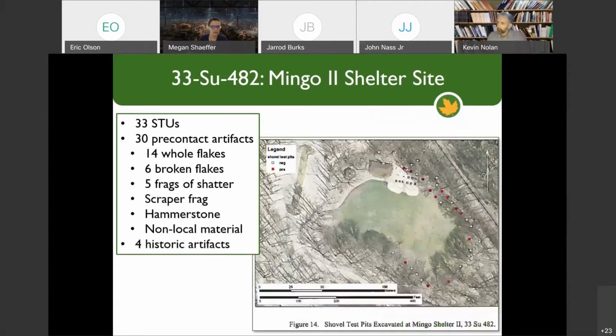The site was discovered. There were a number of positive test units. This is a phase 1 survey. They found a number of pre-contact sites. They also found during that survey a Snyder's Point. You can see there's a railway going off here to the east, and there's a slope between the site and the rail line. The Snyder's Point was found somewhere along this slope. So we know that it's a site, and we wanted to